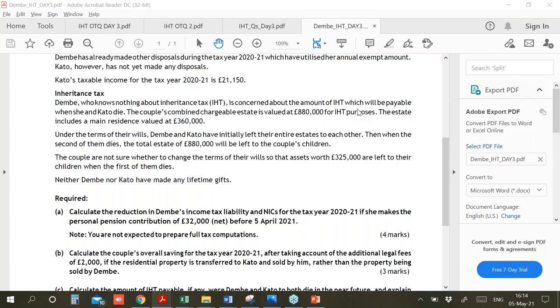Now, as far as the tax liability is concerned, I have told you that they will be able to save some tax. But as far as the NIC is concerned, I want to tell you one more important point. You tell me that by making the personal pension contribution, he'll be able to save the tax, but will he be able to save the NIC as well? Yes or no?